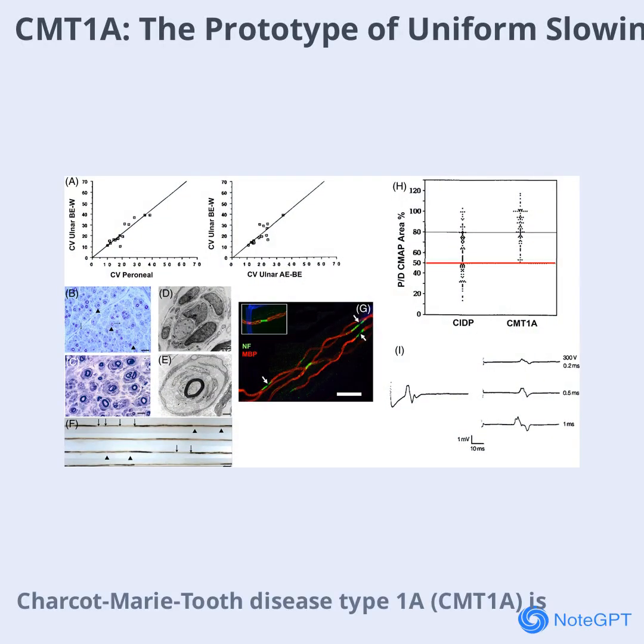Charcot-Marie-Tooth disease type 1A, CMT1A, is the most common inherited demyelinating neuropathy, caused by duplication of the PMP22 gene. Patients show uniformly slowed conduction velocities, typically between 15 and 30 m/s across all nerves and segments. Pathology reveals a moderate reduction in myelinated fibers, thin myelin, and frequent onion bulb formations. Unlike CIDP, conduction block and temporal dispersion are rare. The uniform slowing is thought to result from developmental defects in Schwann cell elongation, leading to shorter internodes and diluted